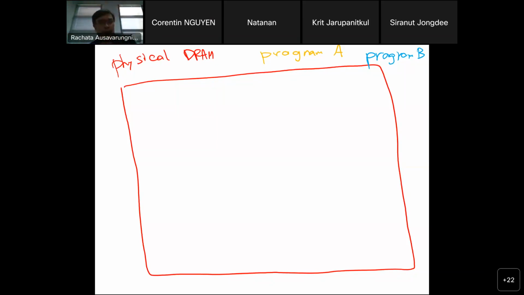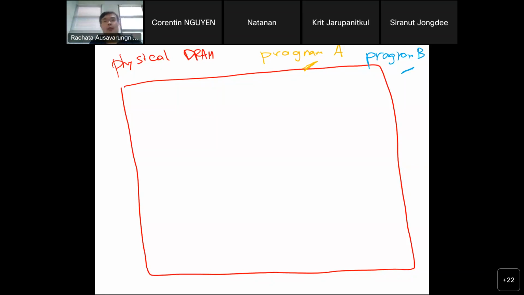But let's say you have program A and program B. Program B is run, and whenever it has some allocation, I'll use the blue text. And for program A is orange. And in the box here, let's assume that's your DRAM. It's not a two-dimensional thing. When you look at a physical DRAM, when you look at the address, it's one-dimensional.